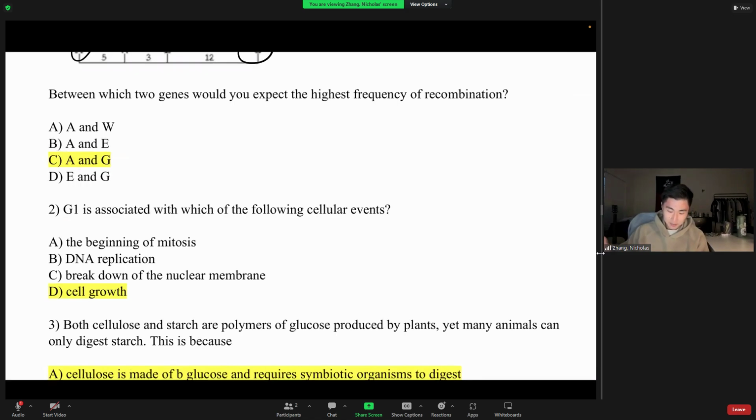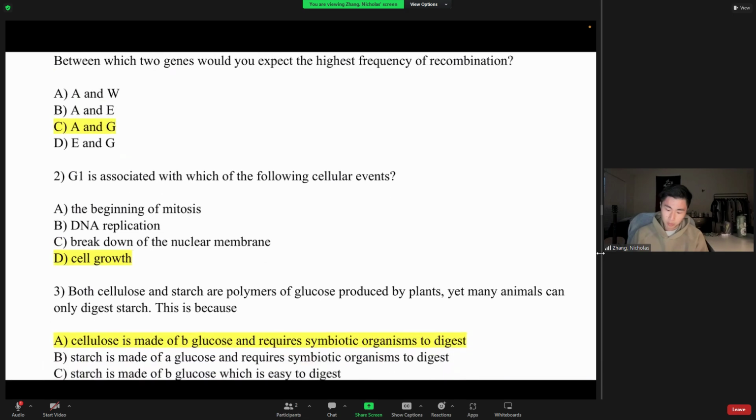Anyways, G1 is associated with which of the following cellular events? That's going to be cell growth. During the G1 and G2 phases, we see, firstly, regular cell activity on top of certain proteins, other signaling factors, and cell structures being built in preparation for that mitotic event where